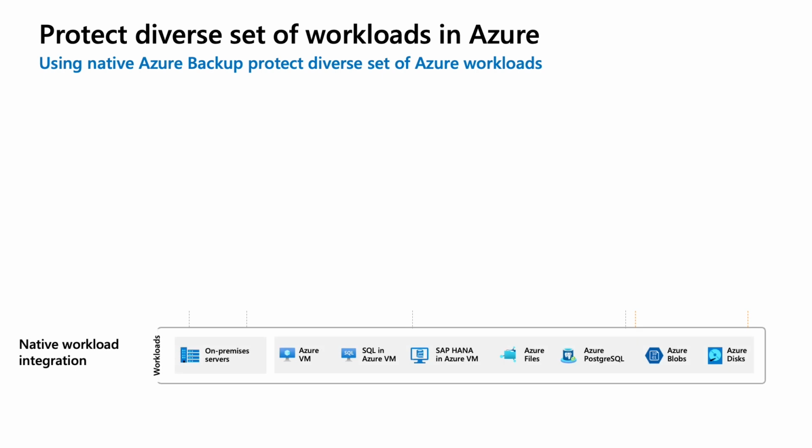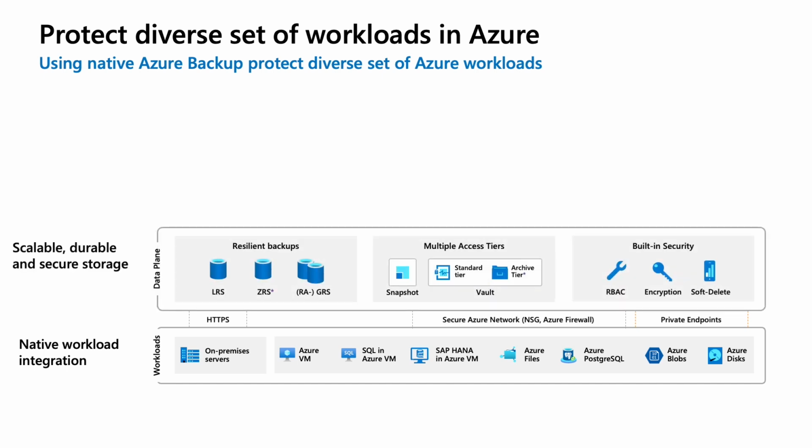Azure Backup supports a variety of on-premises as well as Azure workloads, and we continue to expand the support regularly. Backup data from these different data sources are moved securely to a data plane, which we call the backup storage, an auto-scaling reliable set of storage accounts managed by Azure Backup and isolated from customer tenants to provide additional security. Backup data can be stored in multiple tiers, starting with snapshots, which are stored in your own accounts, a Vault Standard tier to store all of your backup data, and the recently added Archive tier to store your long-term retention,